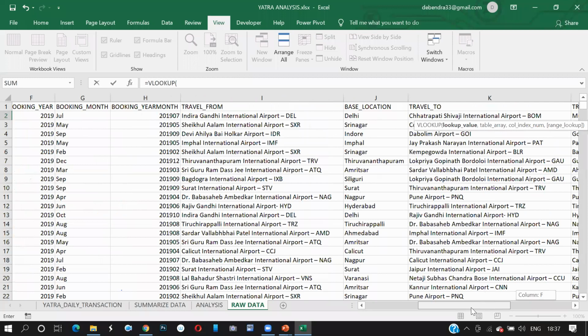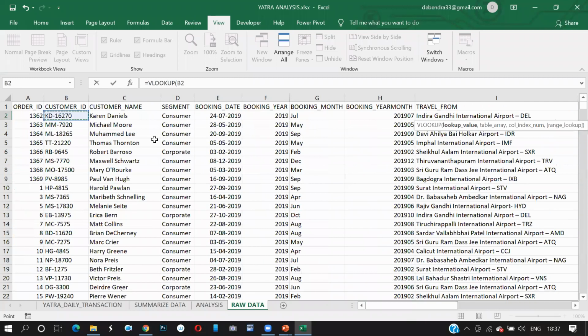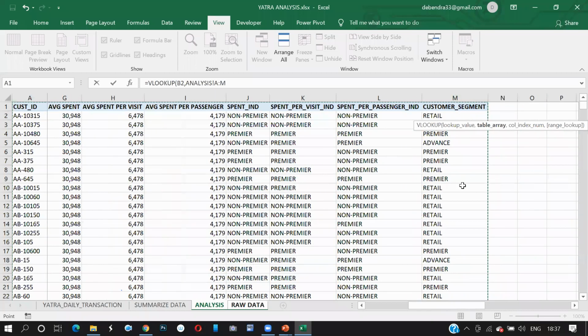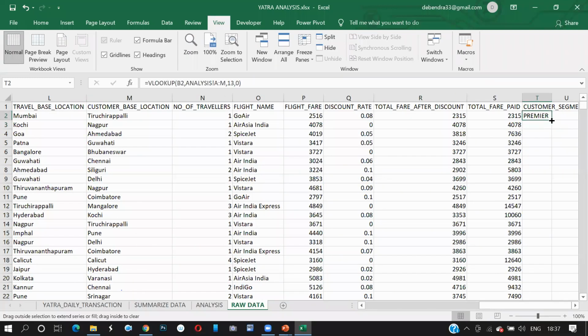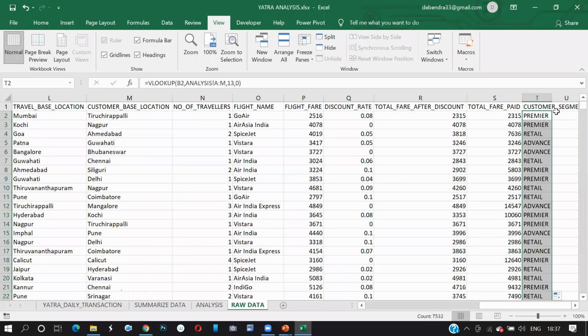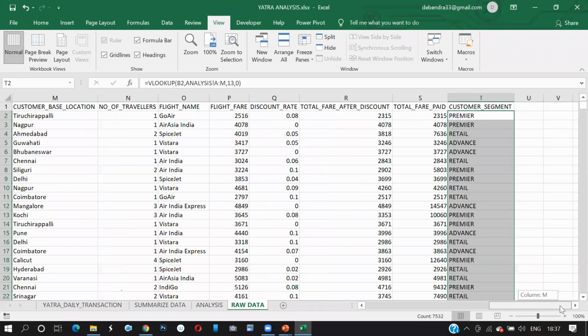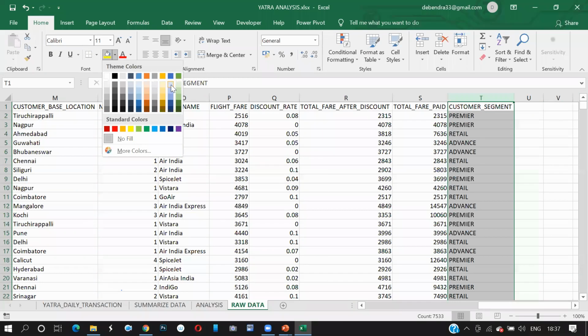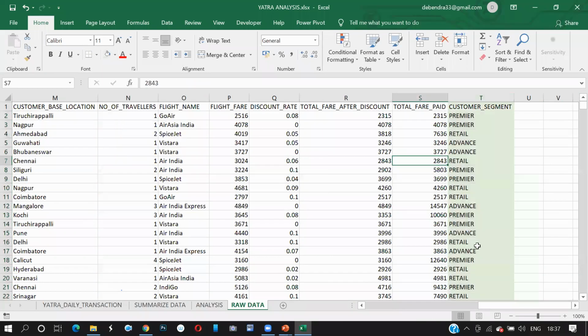The lookup value is your customer ID, over this table, going to this column M, which is the 13th column, and it's a 0. I'll explain what these functions and formulas are, guys. So now you easily got your customer segmentation, which has been derived from your data analysis.